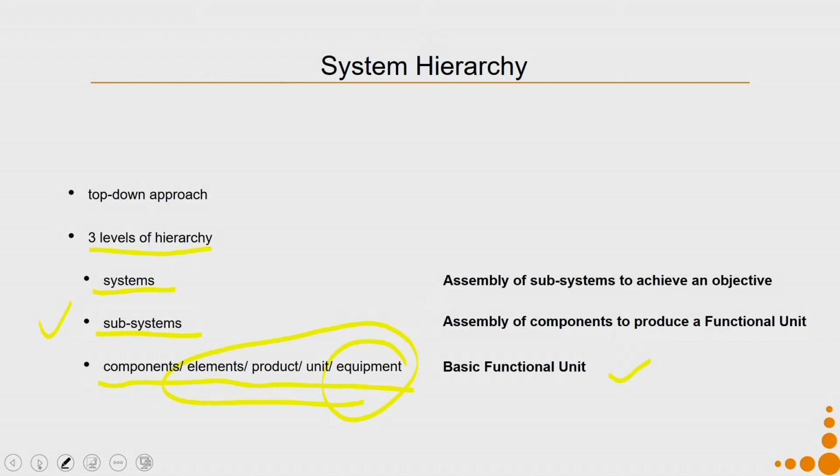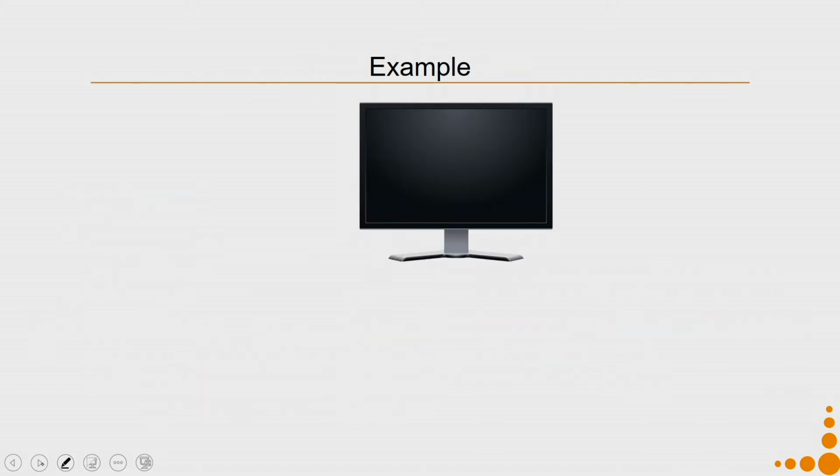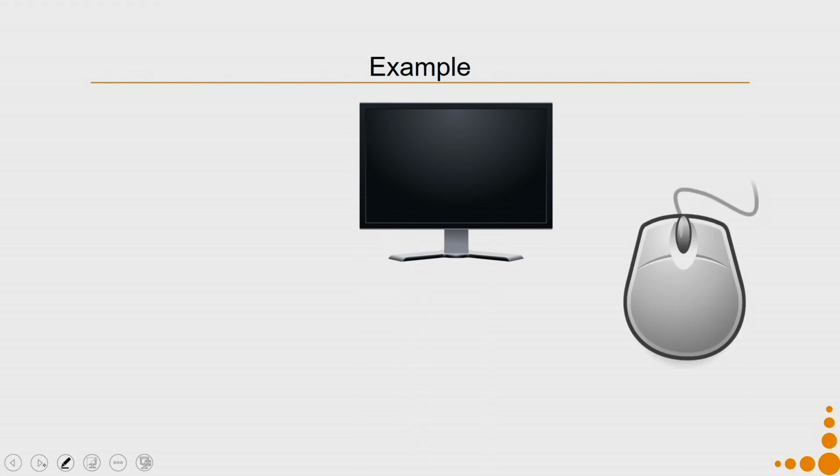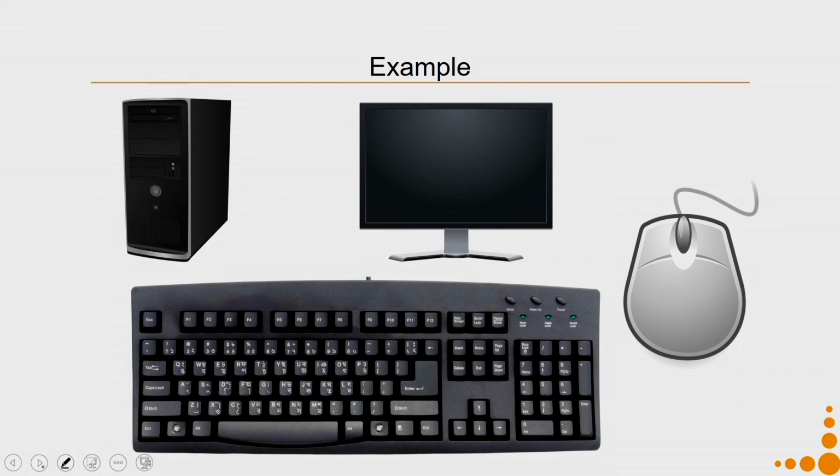These, an assembly of subsystems, when it helps to achieve an objective, we get a system. Let us see an example which will make it more clear. So, let us say I want to do some computational work. In order to do my computational work, I will need a monitor, a mouse, a keyboard, a CPU and some wiring and maybe some software and some networks. So, each of these elements, they are called the component or the element or the unit.